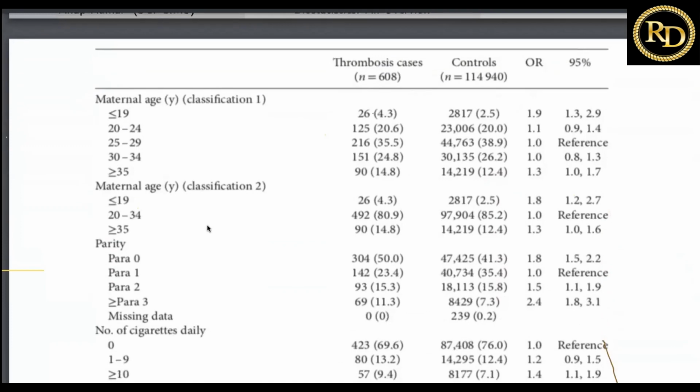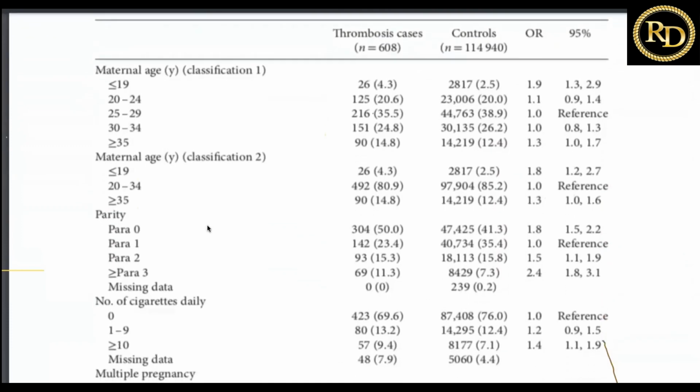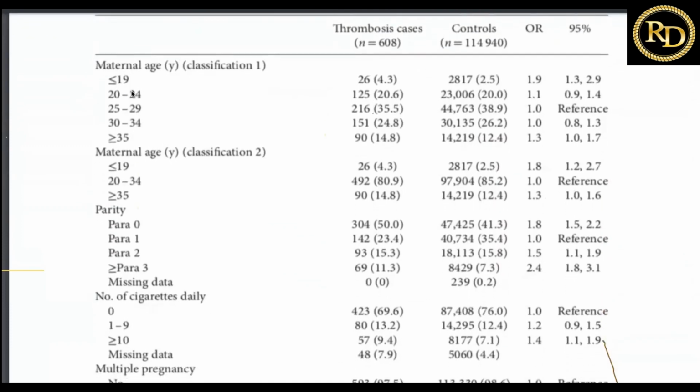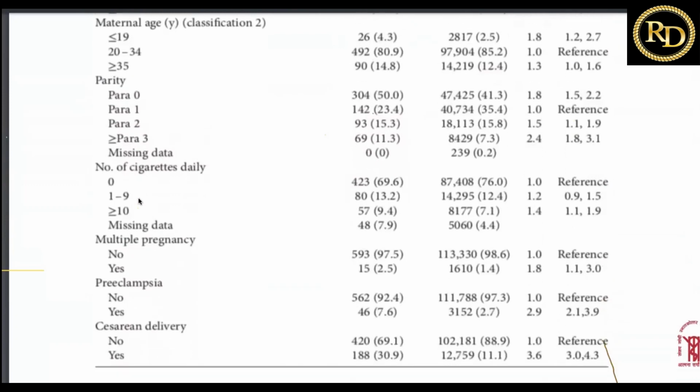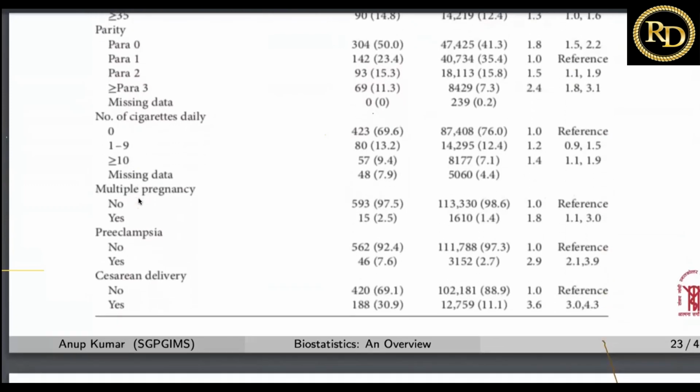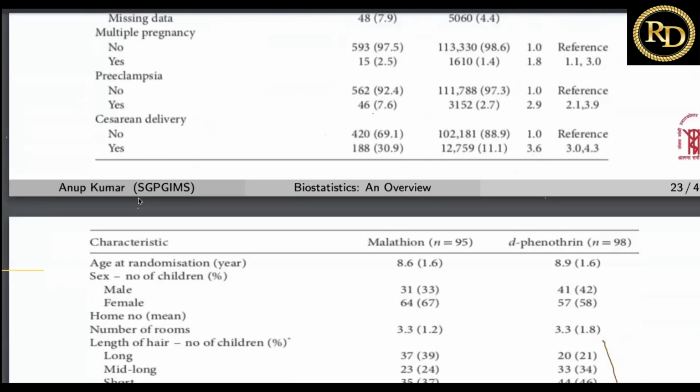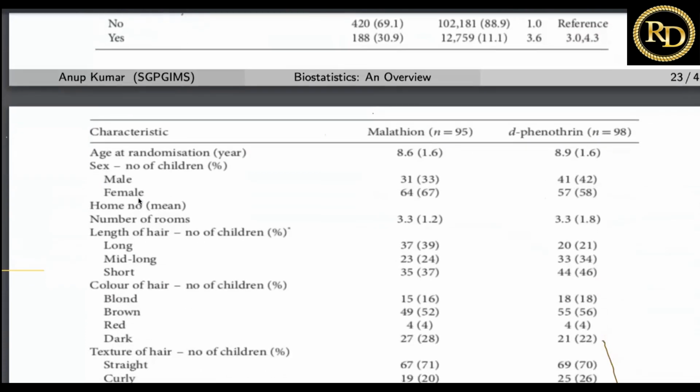Yeah. Similarly, here you can say the maternal age, and the maternal age is classified into categories, and then again maternal age is classified into some other categories, parity, number of cigarettes, multiple pregnancies. So how this data is simply presented over here. You can see this